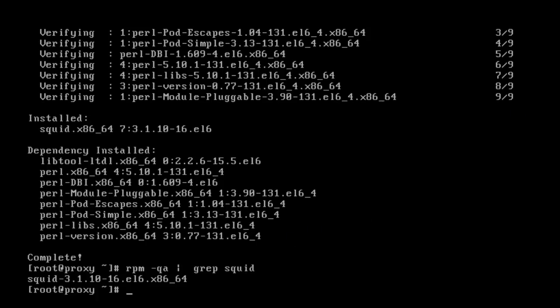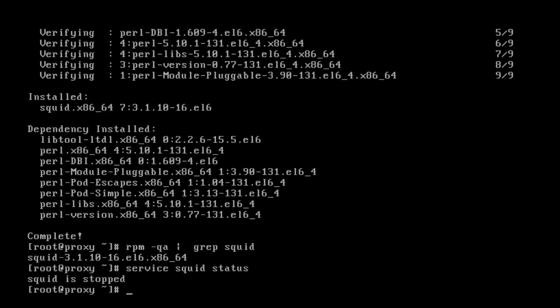Okay, so let's continue the installation process of Squid. First of all, we need to make sure that Squid is not running. And it is stopped. Okay, before starting with the configuration of Squid, let's move to the Windows Server machine